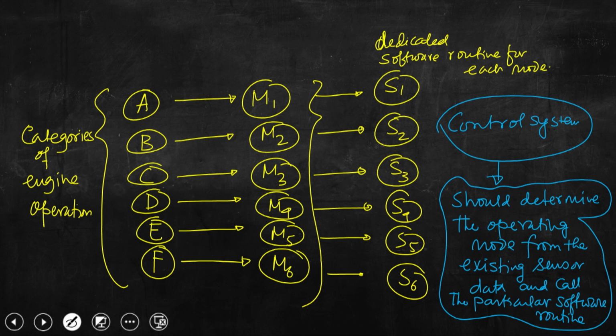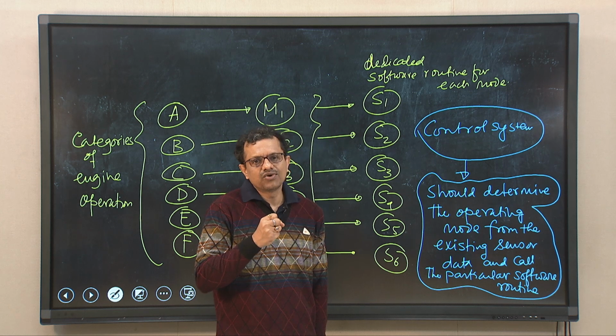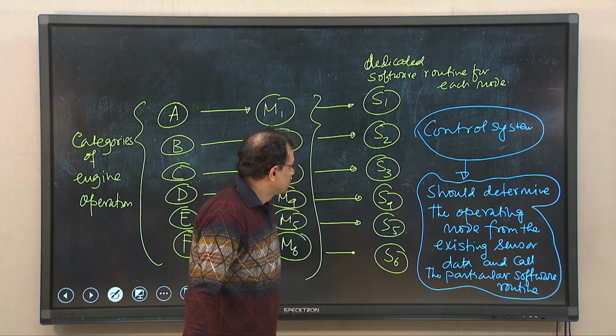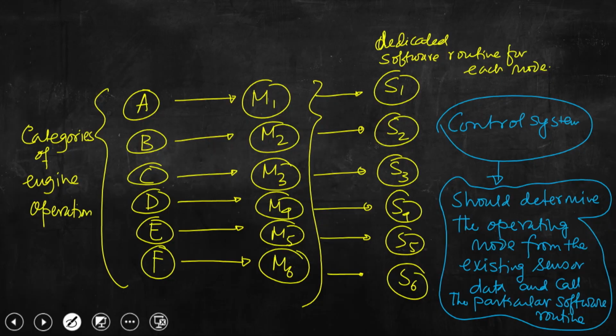So, these three developments have led to integrating several functions into a single unit, and that is what is integrated control system. So, if you go to the next slide,